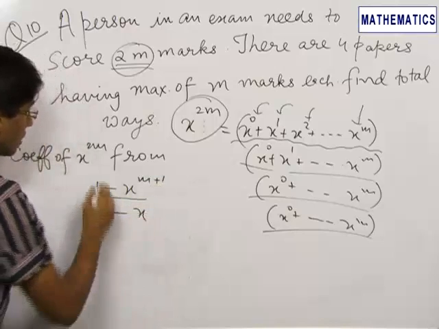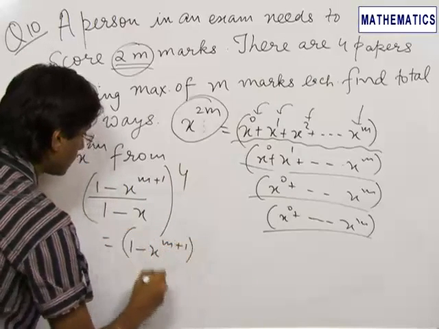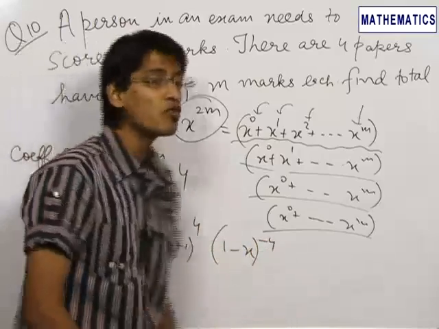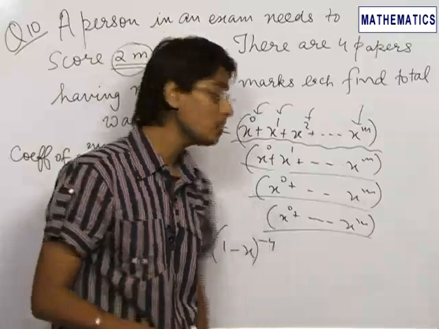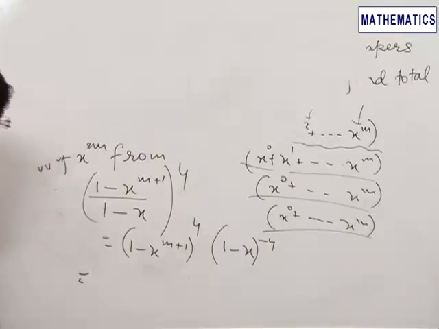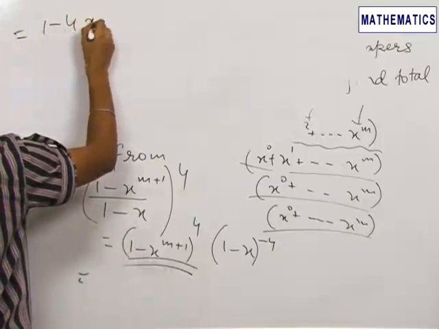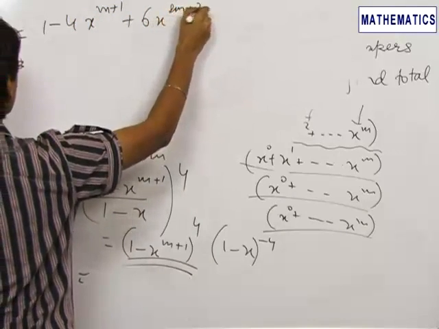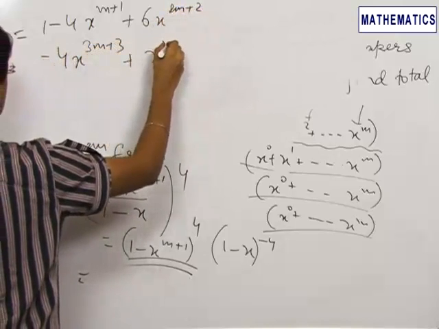upon (1 minus x) whole power 4, or this is equal to (1 minus x^(m+1)) power 4 into (1 minus x)^(-4). Now we know that the expansion of (1 plus x)^n is 1 plus nC1 x plus nC2 x squared up till nCn x^n. So we can write this expansion as 1 minus 4 into x^(m+1) plus 6 into x^(2m+2) minus 4 into x^(3m+3) plus x^(4m+4)